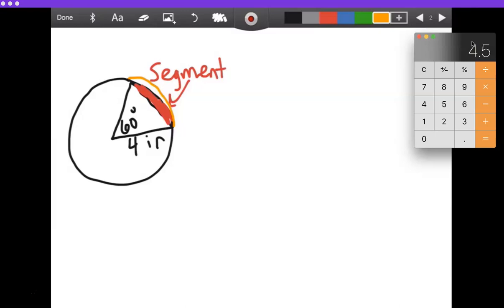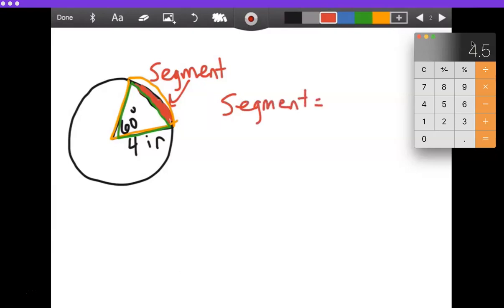But we can figure it out with some subtraction. Take a look at this. I just showed you how to get the area of that whole pizza slice. I also know that you know how to find the area of a triangle. So the formula for finding the area of a segment